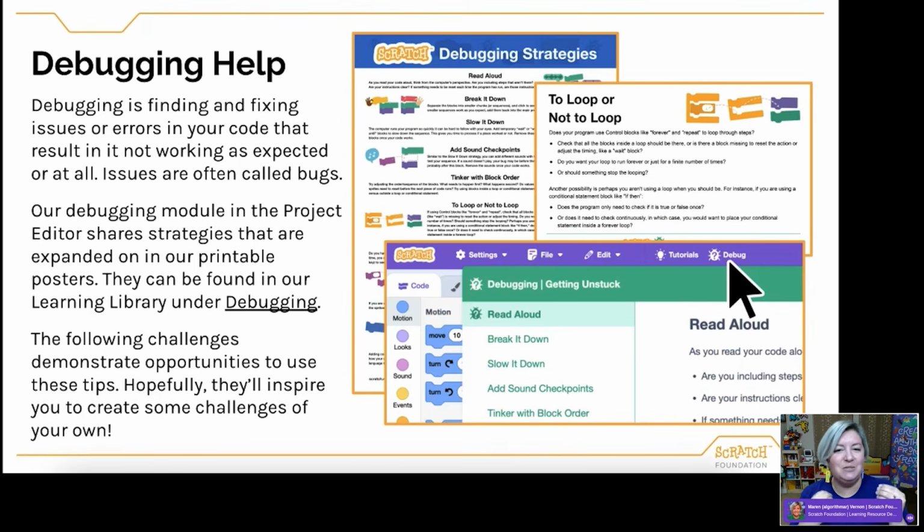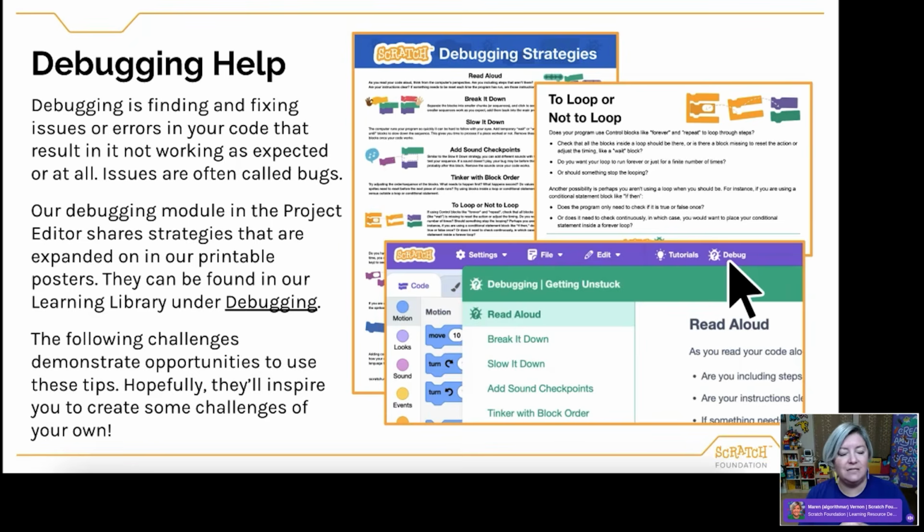If you haven't explored yet, we actually have a debugging module now in the project editor. So you can see it there on the screen. You're looking for that little bug icon. And when you click on that, it shares a number of strategies that you can try as you are debugging. We've also got an expanded version, a longer version of these in our learning library in some printable posters that you could print out for free and hang around your room.